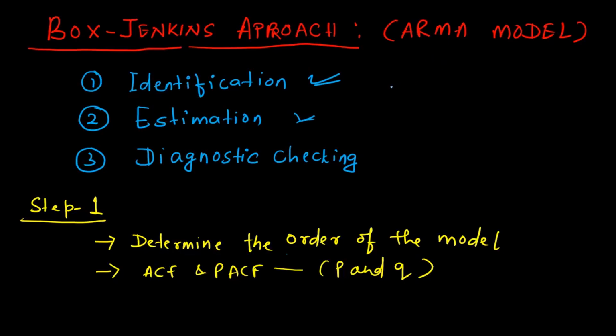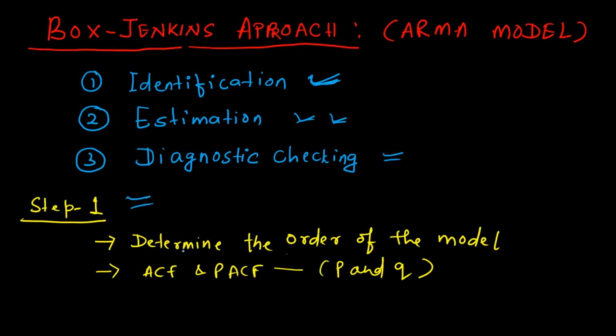Their approach consists of three different steps. In the first step, it's an identification step where you identify the model type and specify the time series model. In the second step, you estimate the model, and in the third step, you do the diagnostic checking to see if the model is correct or not. So there are three steps to the modeling process. We'll discuss the different steps in more detail.